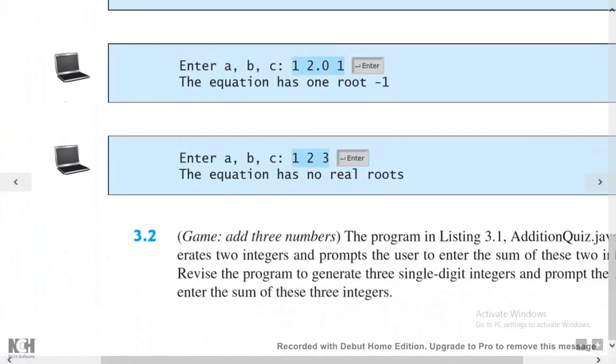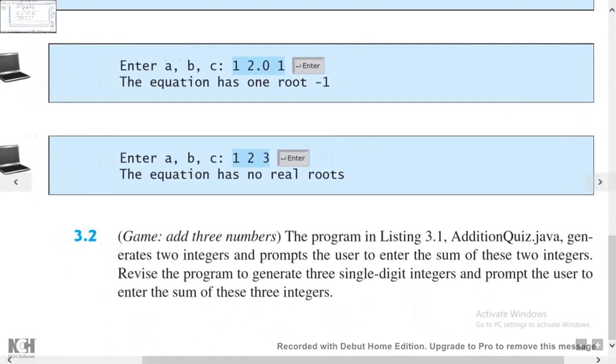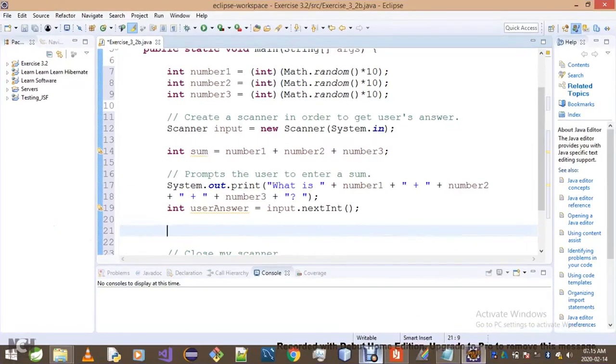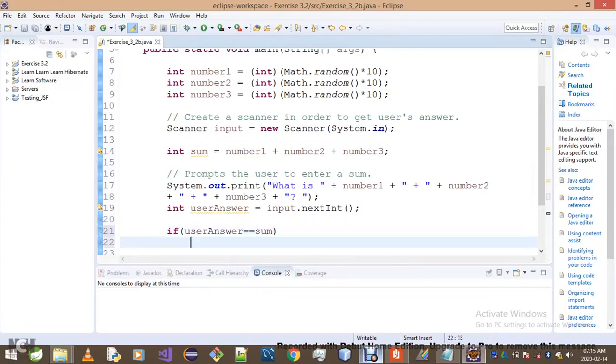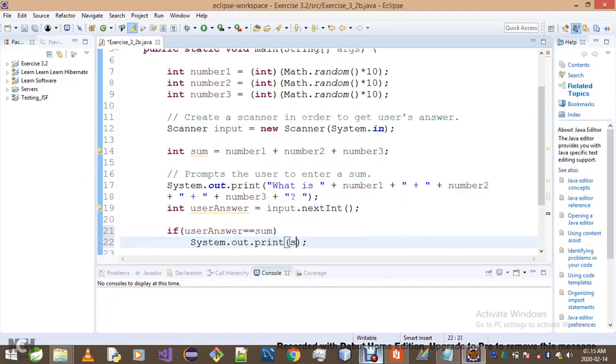so revise the program to generate 3 integers and prompt the user to enter the sum of these 3 integers. Okay. What I'll then say, if user answer is equals to sum, then we'll go System.out.print, or